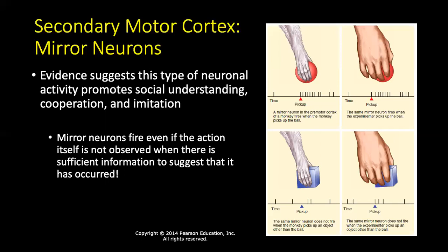But let's say you're at a game and, surprise, surprise, not paying attention to what's going on in the field, because that happens sometimes. You're looking down at your phone and you hear the crack of the bat. That same mirror neuron is going to fire, because that sound is enough evidence to suggest that the event has actually occurred. So you don't even necessarily have to see it, which is very interesting.